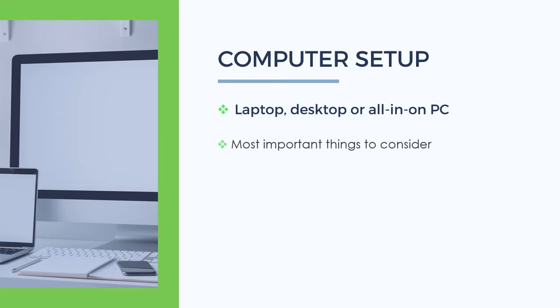The most important things to consider when availing a computer for your online transcription jobs are CPU or processor, RAM or memory, storage drive,